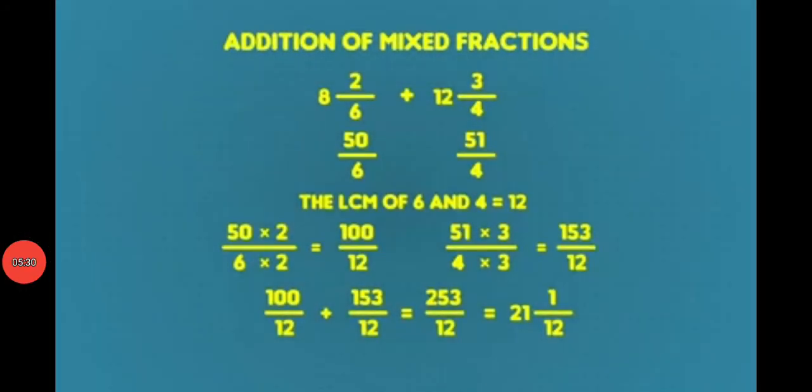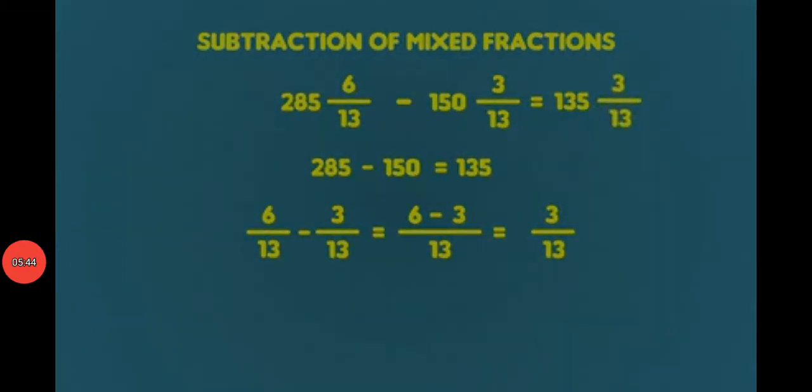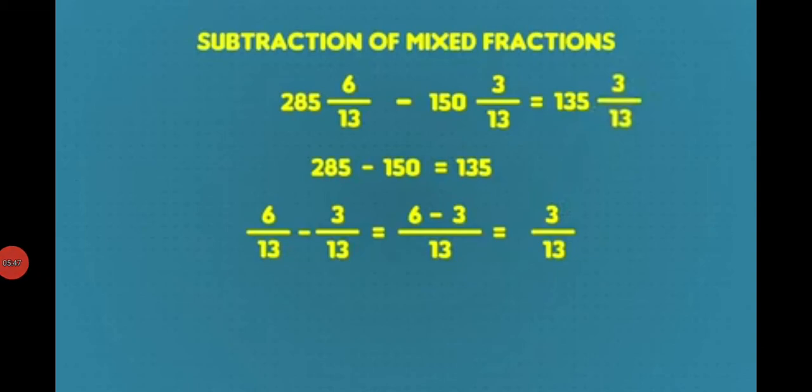Now let's subtract two mixed fractions. Here you can see two mixed fractions, 285 into 6 by 13 minus 150 into 3 by 13. As here both the denominators are same, the denominators are 13, so we can subtract the integral part and the fractional part